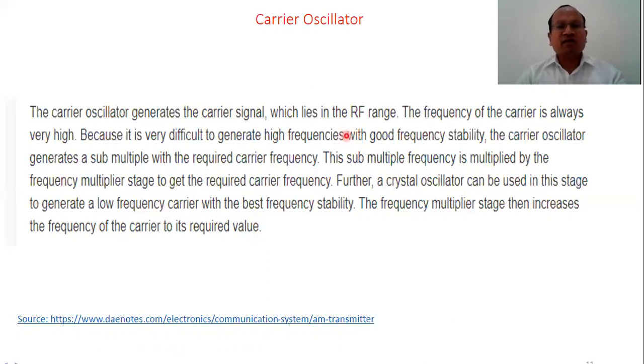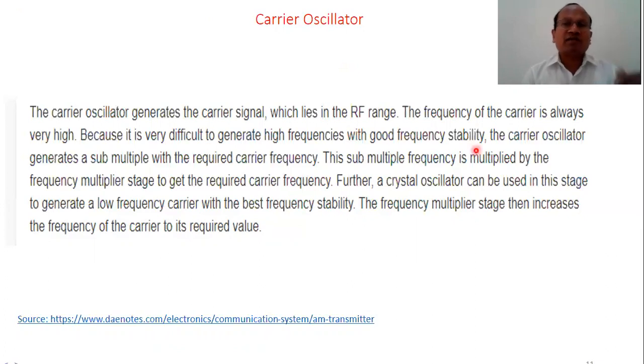The frequency multiplier is used to increase the frequency value, to multiply the original frequency value. Whereas for the oscillator, we know that there are a number of oscillators used to generate a certain value of frequency. There are different types of oscillators, RC oscillators, LC oscillators, and all those oscillators suffer from the problem of frequency instability. The frequency varies; a stable frequency is not generated.